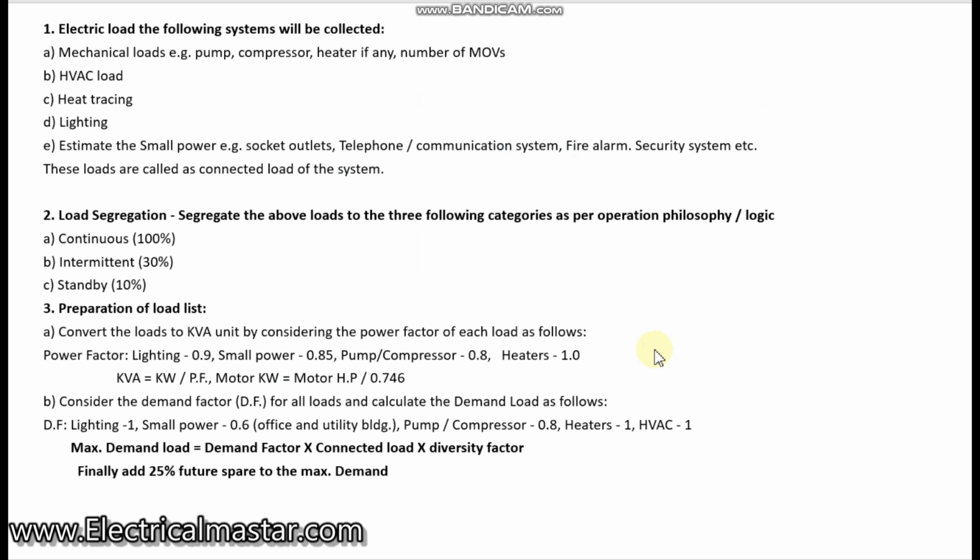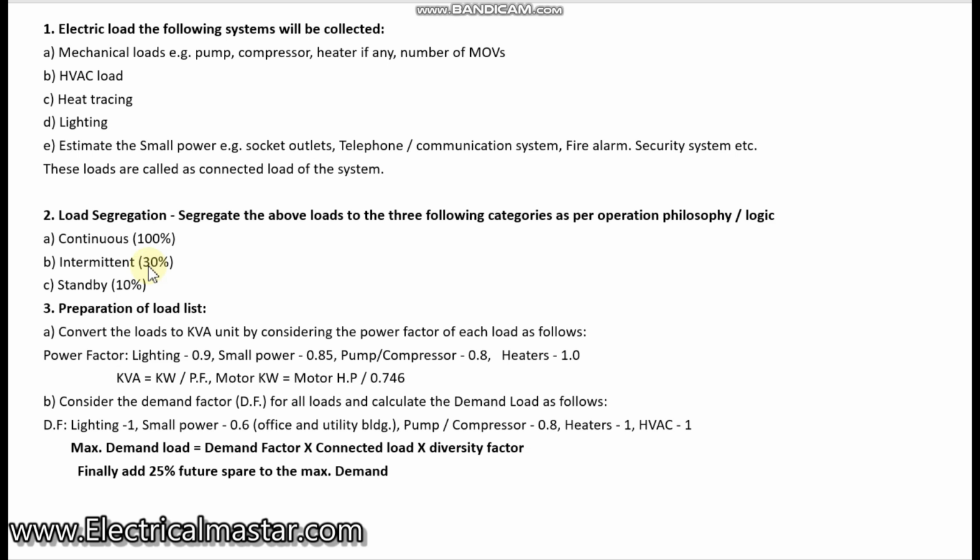Some loads are operated continuously. For those loads we have to consider a load duty factor of 100%. Similarly, some loads we use only sometimes, that is an intermittent load, which is 30%. For example, intermittent loads like a wall socket or a welding socket in the field. The welding socket will be used only during the welding operation, so the rest of the time it will be off. Those loads you have to consider at only 30% of the rated capacity.